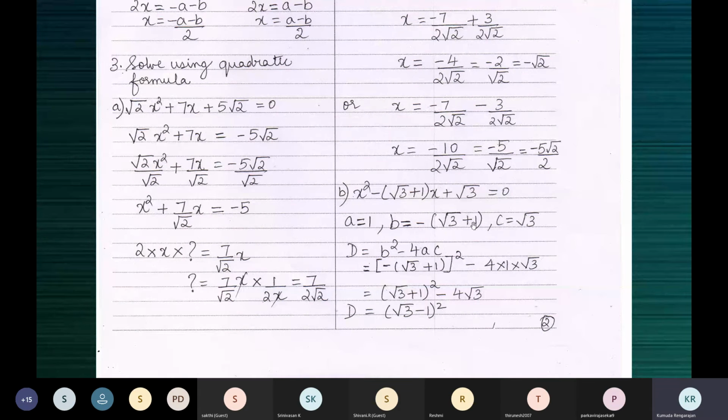So if you have to expand minus root 3 minus 1 the whole square, then it depends on which identity you're taking. If you're looking at it as a plus b the whole square, then a will be minus root 3 and b will be minus 1. If you're using a minus b the whole square, then a will be minus root 3, b will be plus 1. You can multiply the minus sign inside. So what I suggest is, Arnav, you can work it out. And then just in case you're not able to proceed, I'll help you.